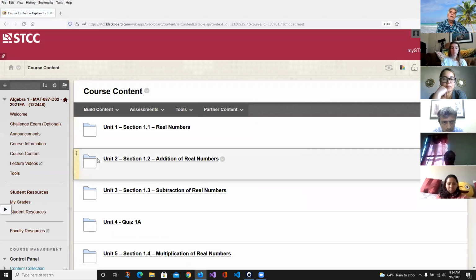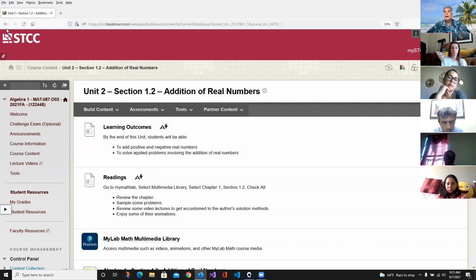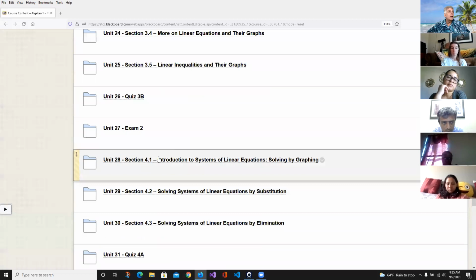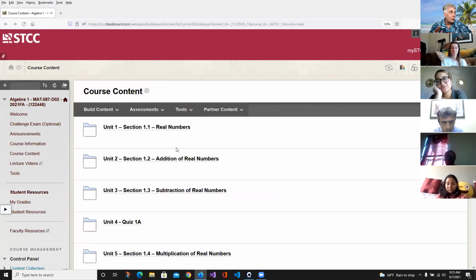Okay, I would say for sure, go in the order that these units are presented. Unit 1 before you go to Unit 2, Unit 3. Math builds on previous chapters, okay? So I don't know what goes on in people's heads. I had one person from last semester who started here and then went over here and bounced all over. I lost IQ points trying to figure out what this person was doing, okay? And there's no reason for that.